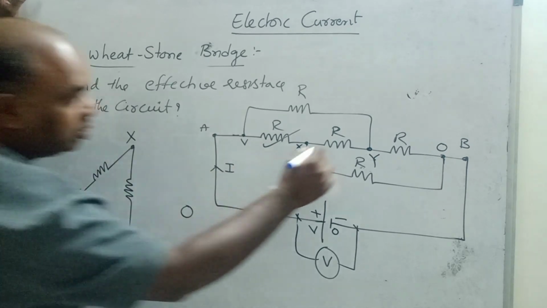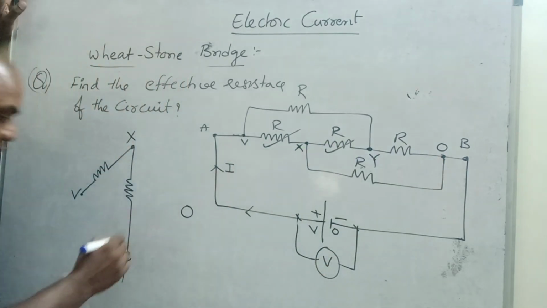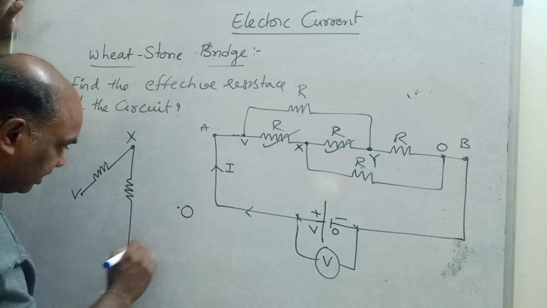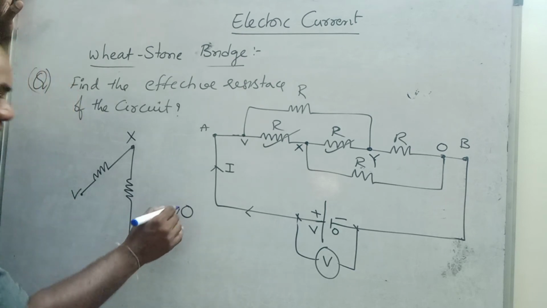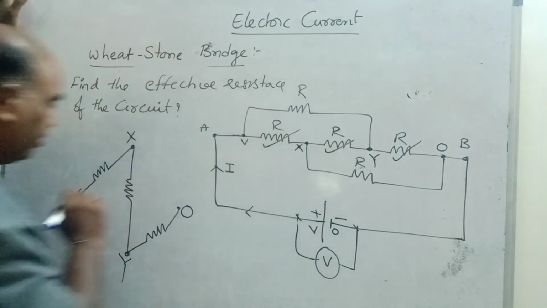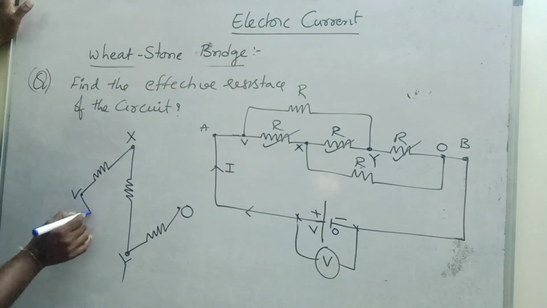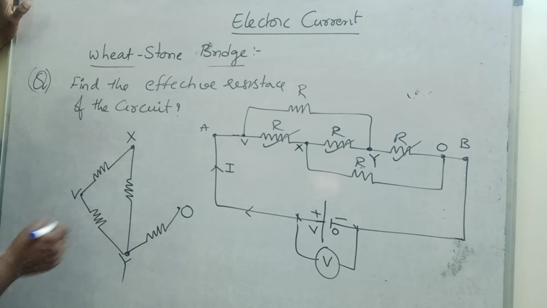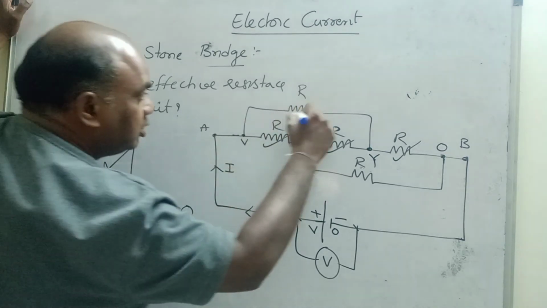Okay, this one is also completed. Next, Y and O. This is Y, this is O. This is another resistor. 3 resistors are completed. This one is also completed. Next V, Y. In between V and Y, this is V, this is Y. So here also this resistor is completed.